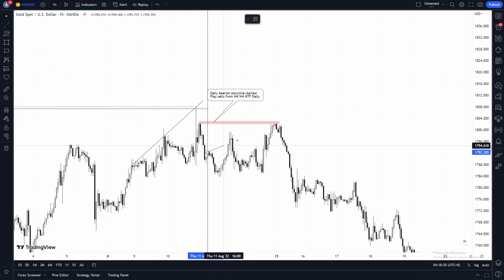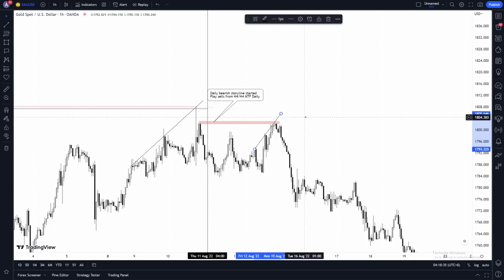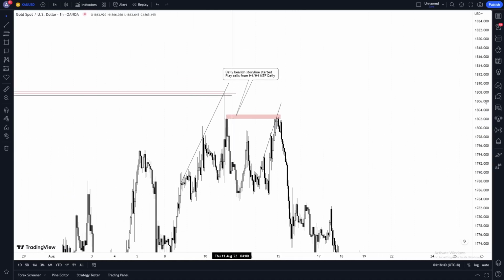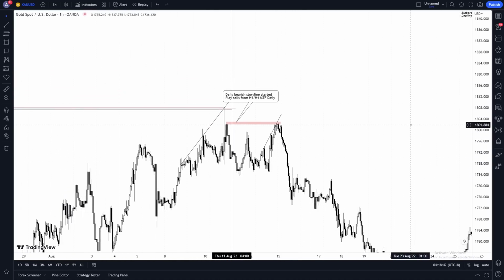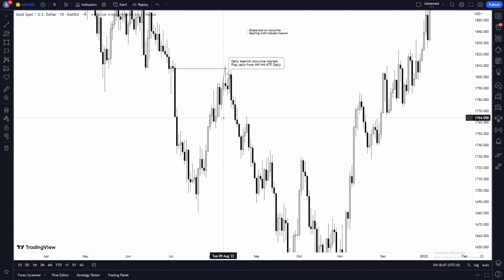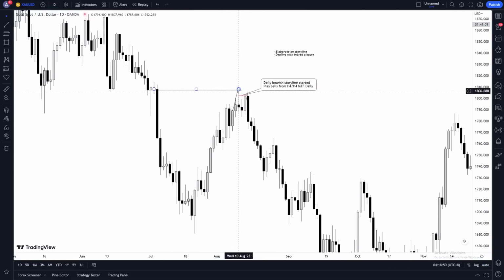Okay, so yeah, that would be your little thing. I don't think this would have been a good trend line. No, it wouldn't have been. Anyway, just find a confluence like that and you're good there. That one works pretty damn well. Okay, so that would be your second entry. So if we're looking at the daily, we're riding that daily train pretty damn well, right? So we entered this first sell in anticipation of a daily bearish storyline starting, and then once the daily bearish storyline actually started, we took our first entry here. It failed. Maybe we took a little loss too, who knows, I can't remember, but I'm almost certain I took this trade. And then it comes back up and we take the second trade.